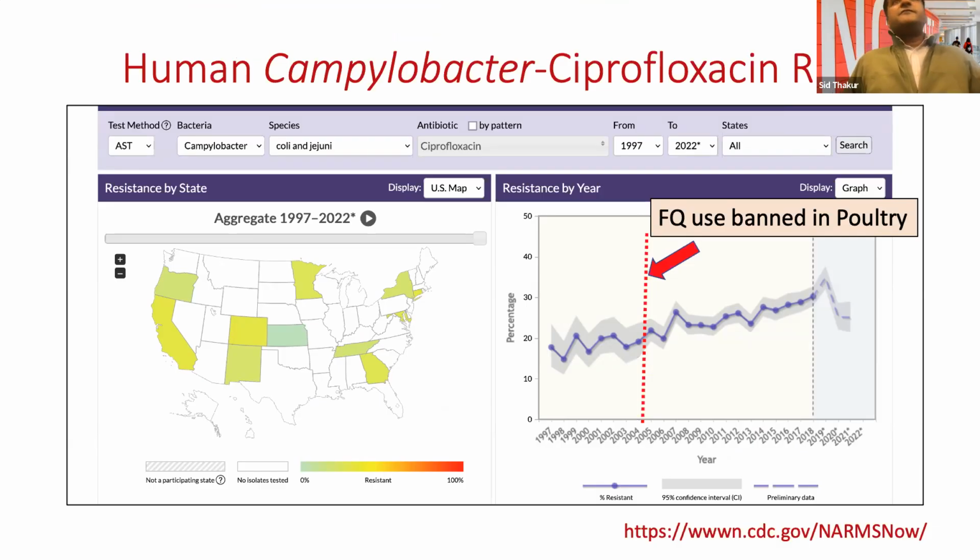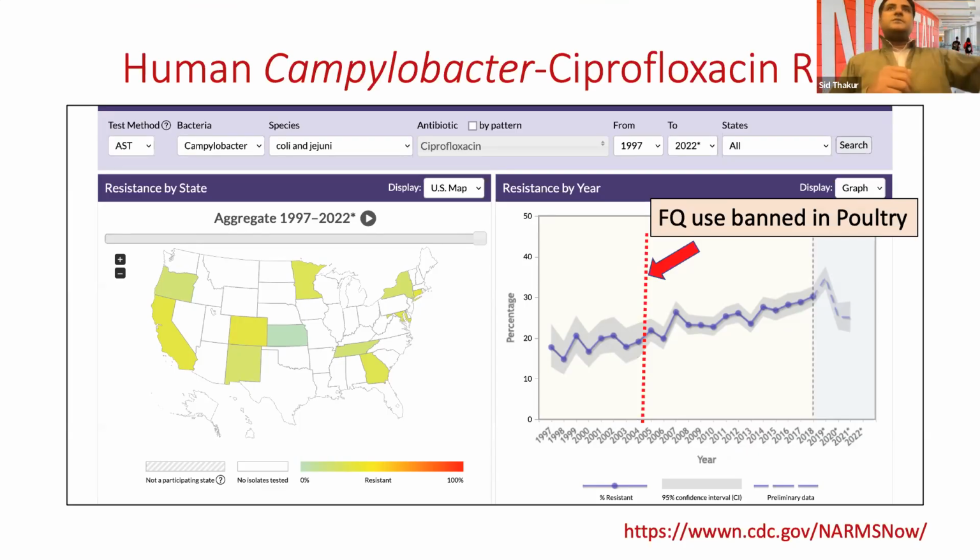The number one risk factor for campylobacteriosis is consumption of poultry. This is the latest US data. You can go to the CDC website and play with the numbers. It's a dynamic platform. But in around 2000,